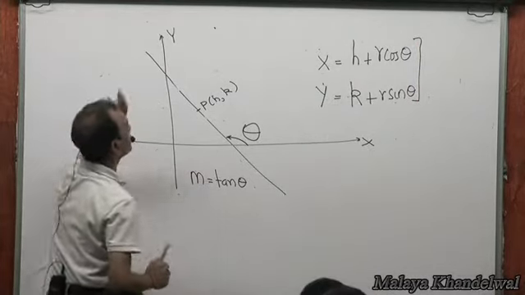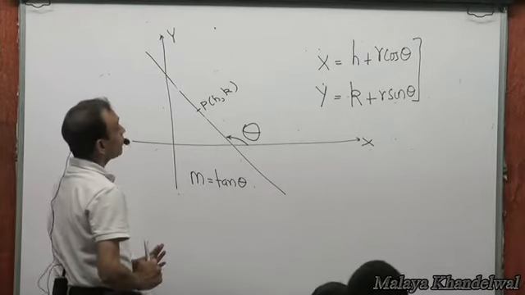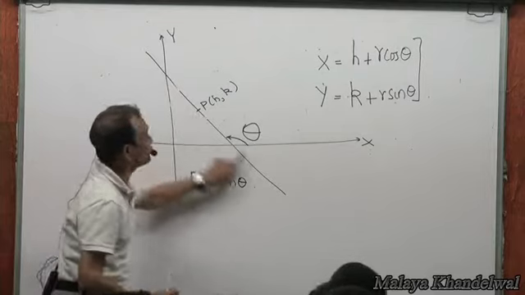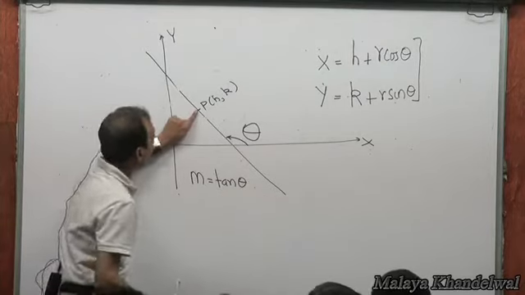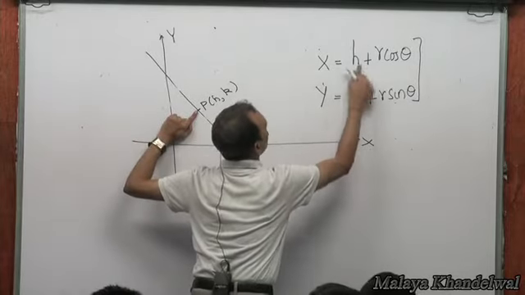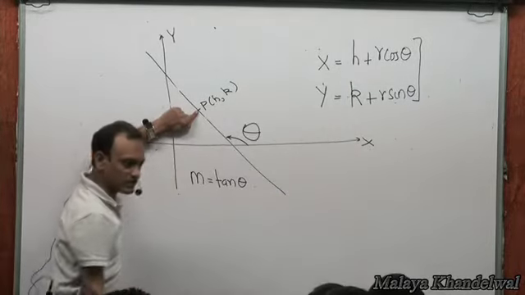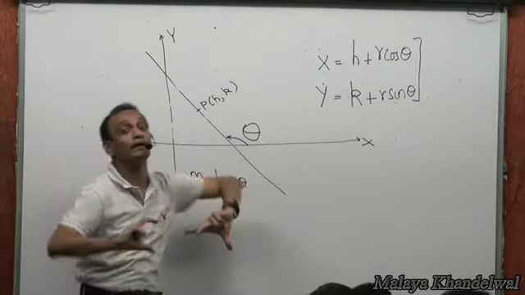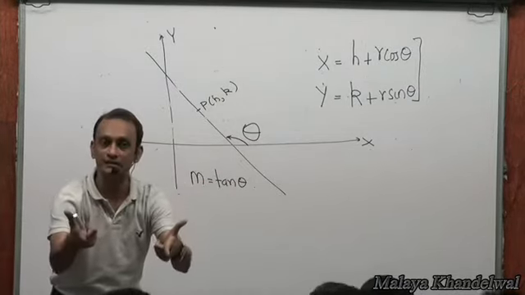Now, can you tell me, on this side of P you have one kind of r's, on this side of P you have another kind. For P, r will be 0, because if you plug in r equal to 0, you get x is h, y is k, the coordinates of this point. With different points M, you will have different values of r coming with their signs. Right?